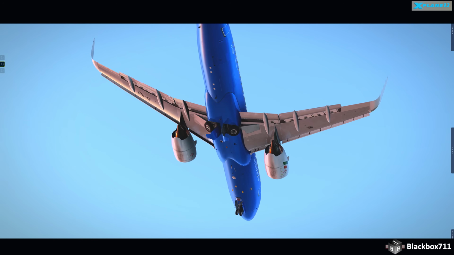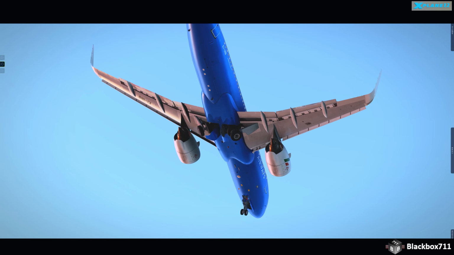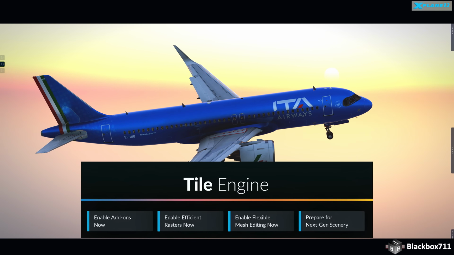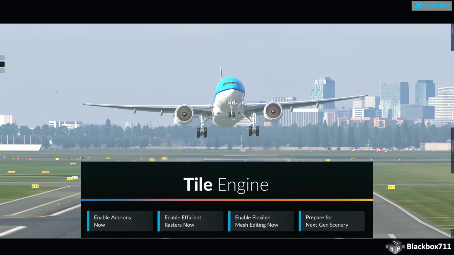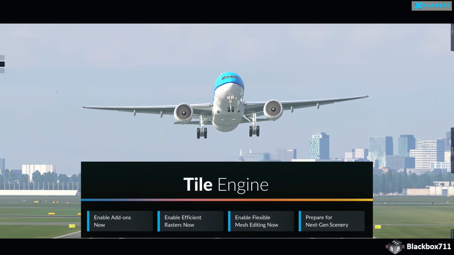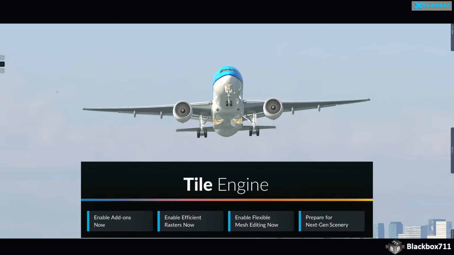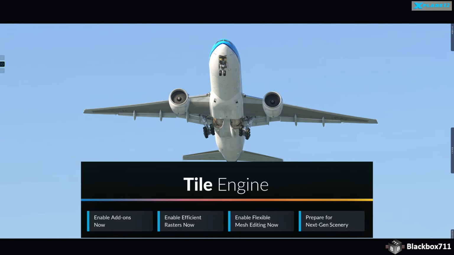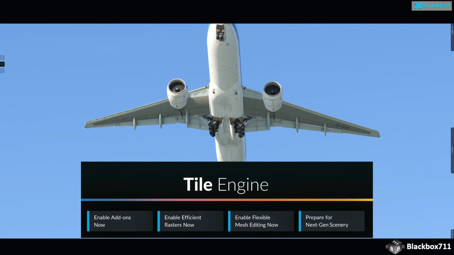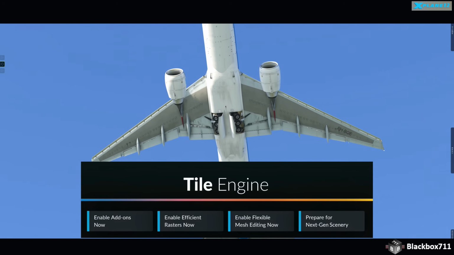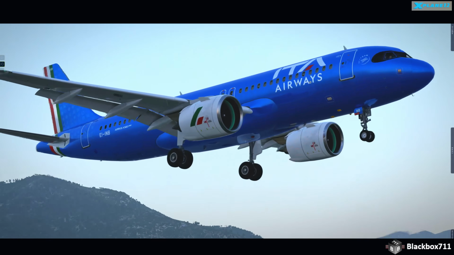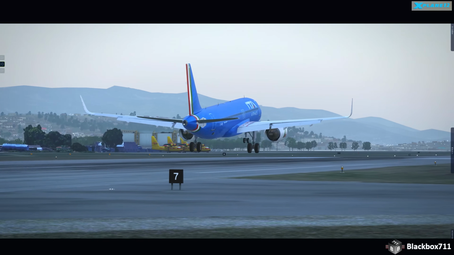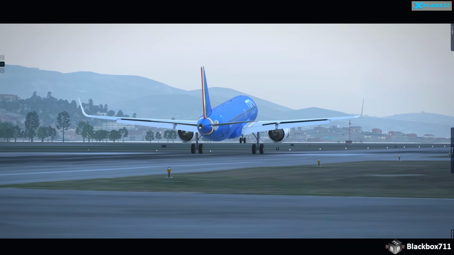Another good piece of news is that beyond Plane 12.5, Laminar has already teased something bigger. A new tile engine, which will build a new foundation for the next generation of scenery. It's designed to eventually replace the DSF scenery format, which actually dates back to roughly 2004, while staying backward compatible. Apparently, the release for this new tile engine is aimed for the end of 2026, which is great news for